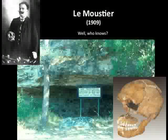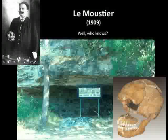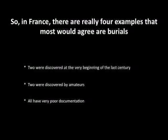And he did this six or seven times, literally. So whether that thing came from a pit or whatever, I have no idea. Who knows whether that was a burial or not. It's hard to say. So we really get back to four examples that most people would agree are burials